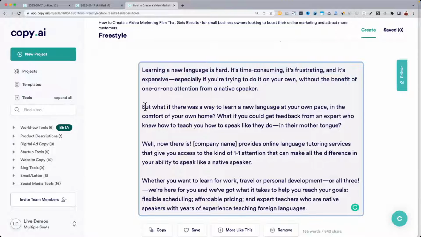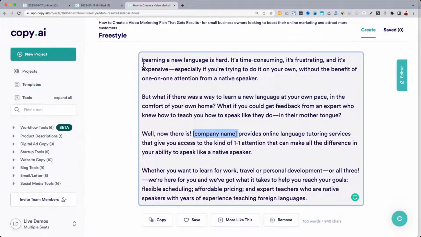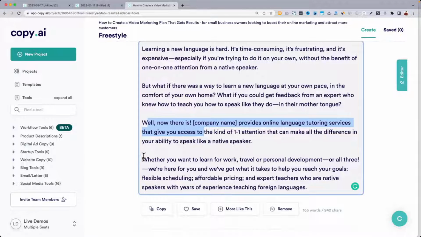And then it transitions, but what if there's a way at your own pace in the comfort of your own home? So now it's getting their curiosity piqued. It's asking good questions here. Right? It doesn't know the name of your business at this stage, so it just put a placeholder. But you notice here how it started with their problem, piqued their curiosity, and now introduces your service as the solution to their problem. Now it's summarizing it